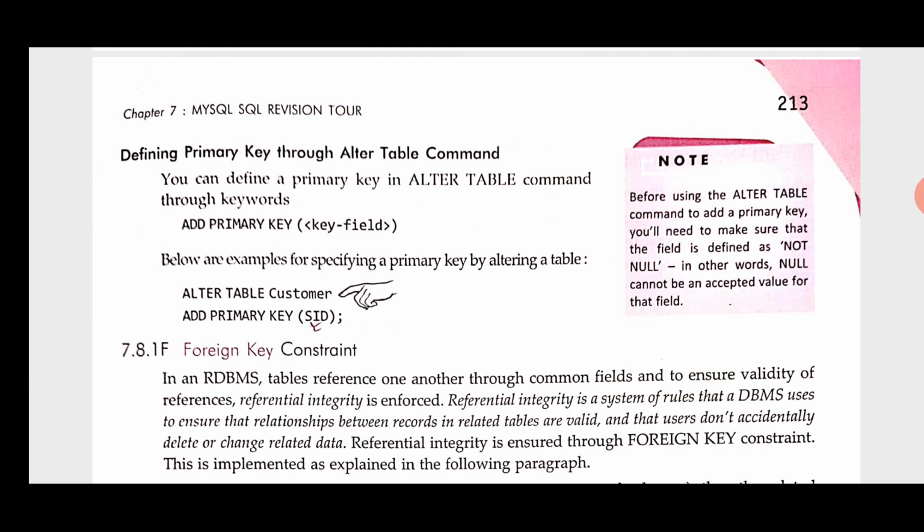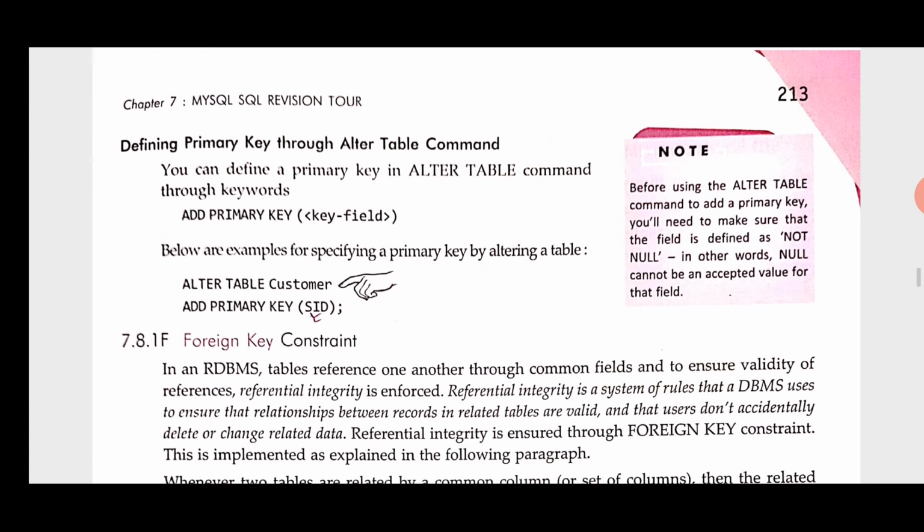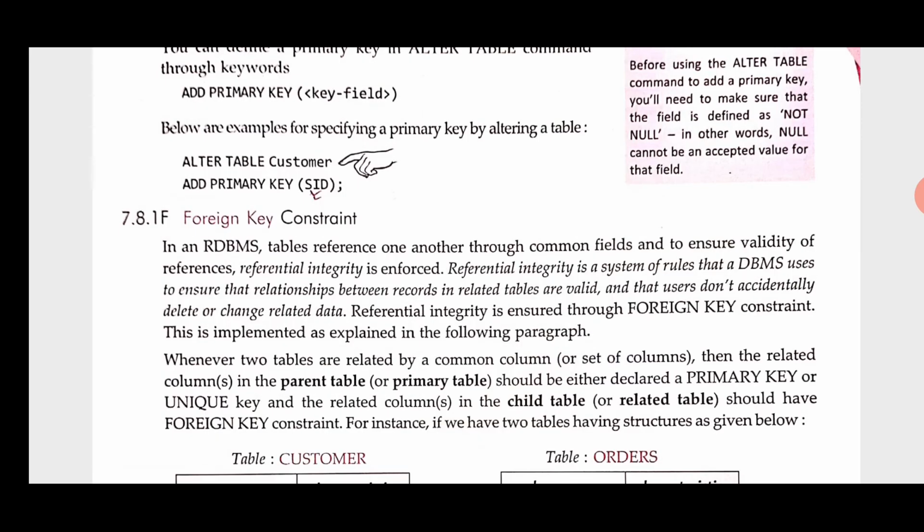See the example, alter table customer, meaning to say that table customer already exists, and here we are going to declare SID column as primary key. So the statement will be alter table customer add primary key SID. So now in the pre-existing table customer, SID is a column that will be the primary key of that table.